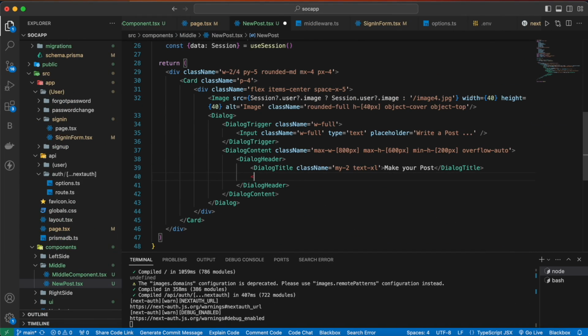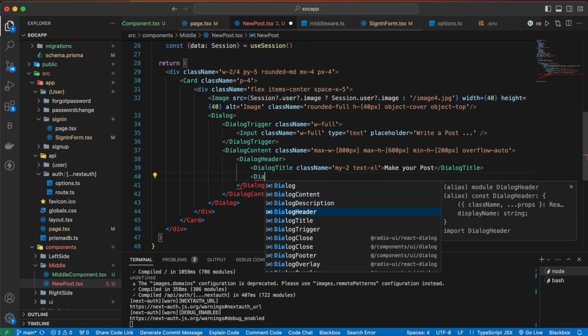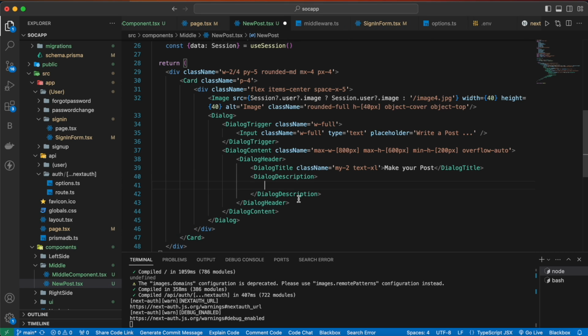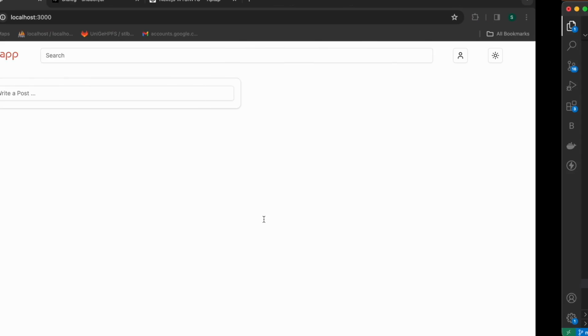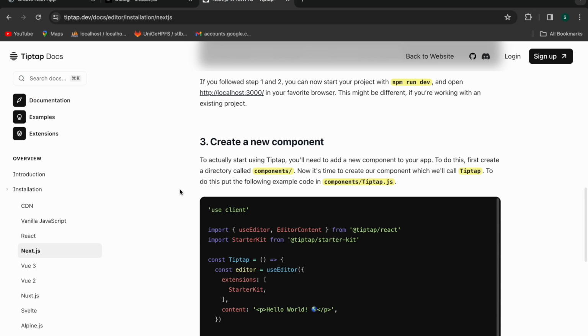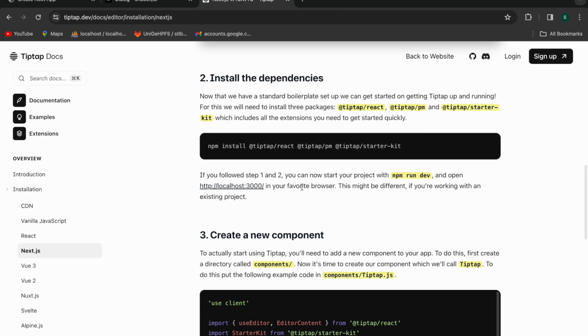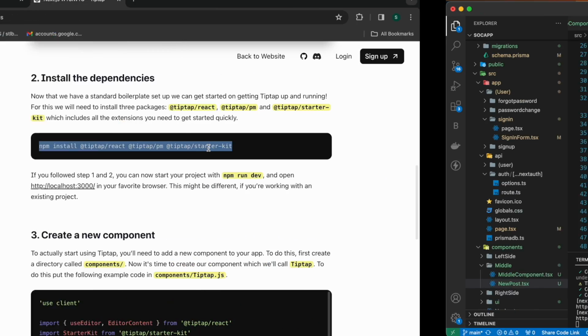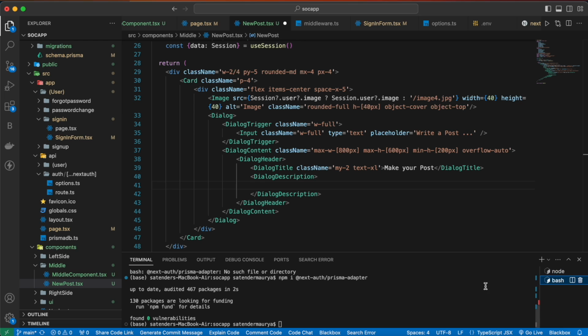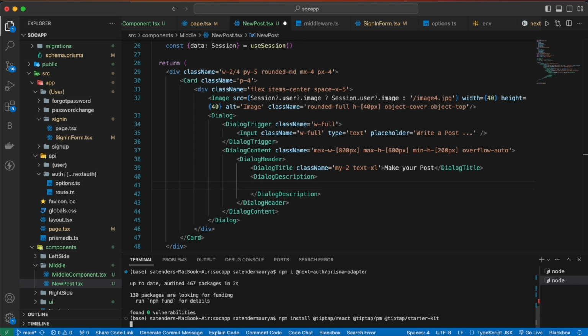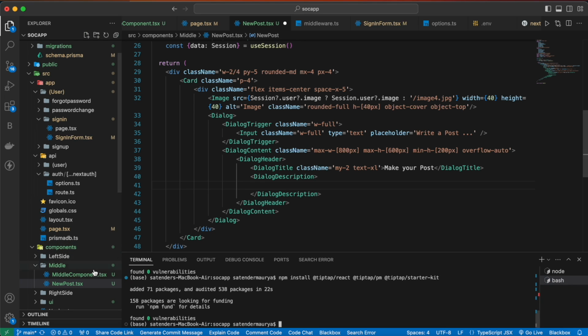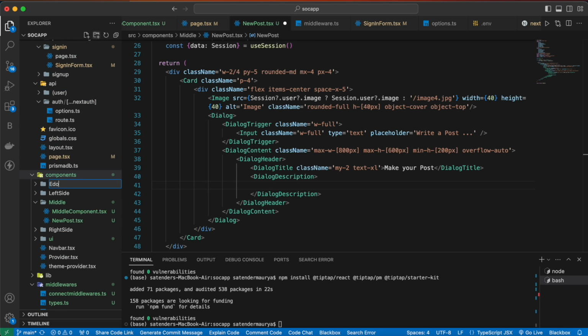Now below the title we are going to have our dialog description, and inside that we are going to have a text editor. So for our text editor I'm going to use TipTap, so you can go and install it. So for that we have to just copy this and let's paste it in our terminal. And now inside components, make one more folder named editor,